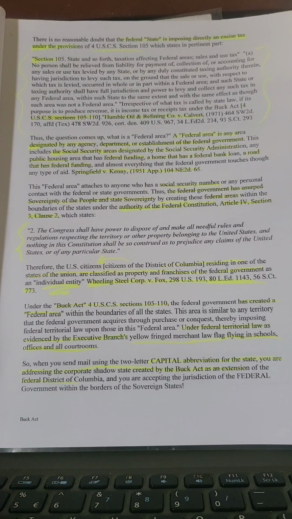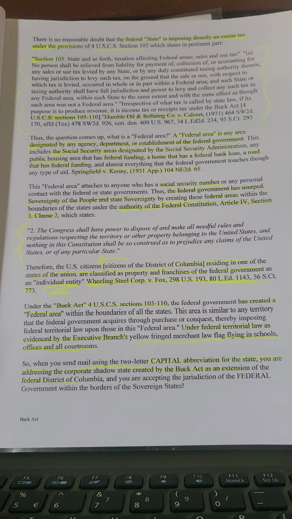A. No person shall be relieved from liability for payment of, collection of, or accounting for any sales or use tax levied by any state or by any duly constituted taxing authority therein, having jurisdiction to levy such tax on the ground that the sale or use with respect to which tax is levied occurred in whole or in part within a federal area,